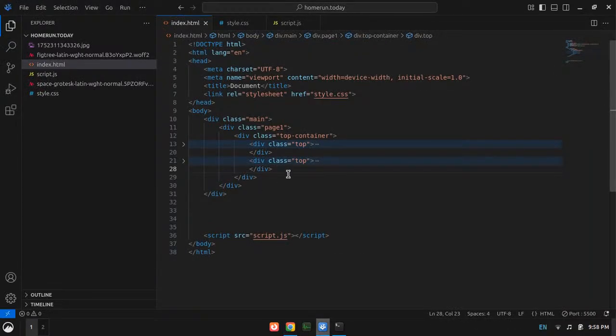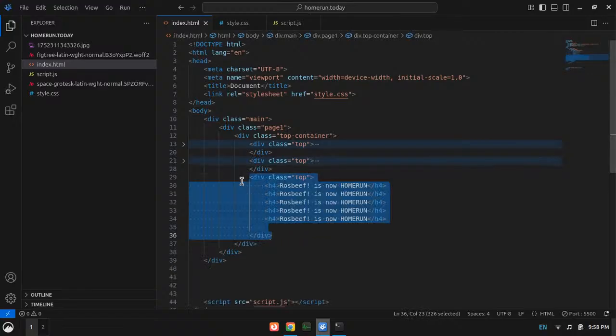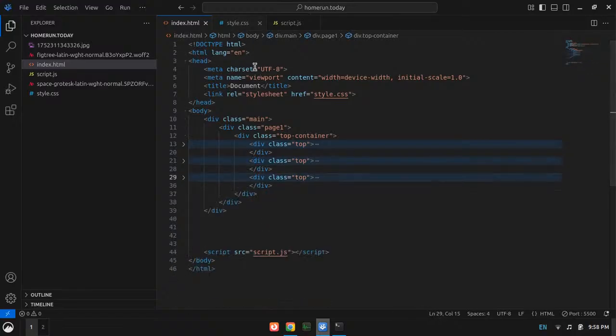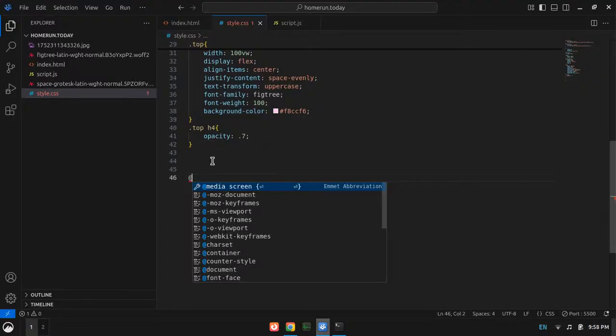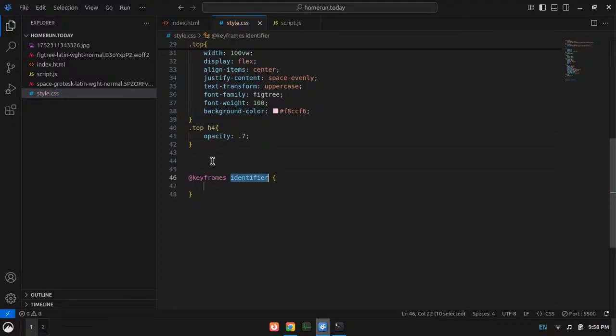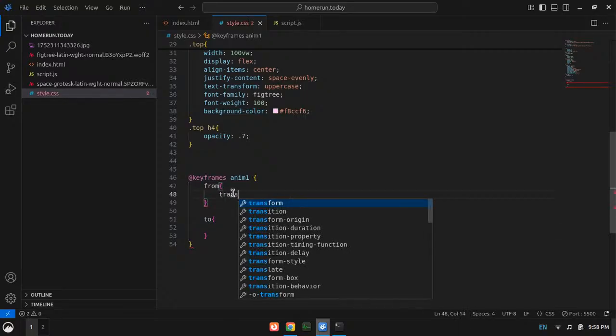And I can now actually undo the cut thing I did, and now I need to create an animation for them. So I will make an animation called anim1, and we'll go from I don't know where to I still don't know where, but I know I will use a transform translate.